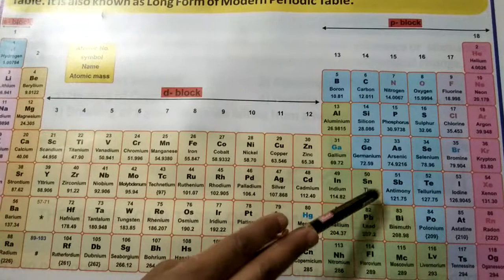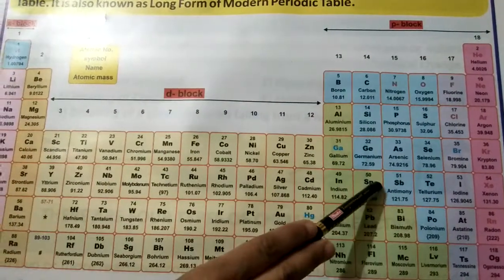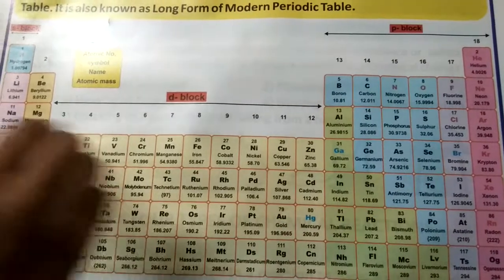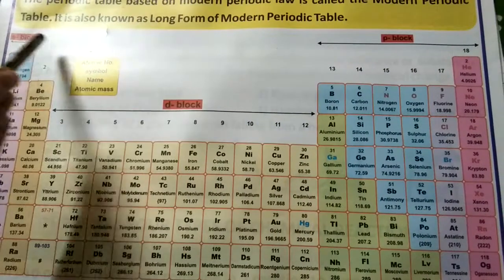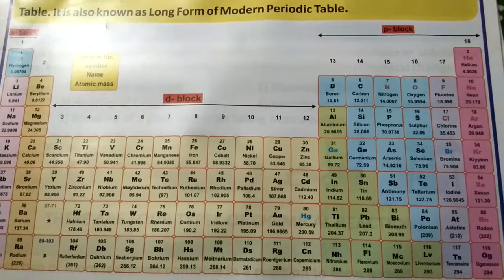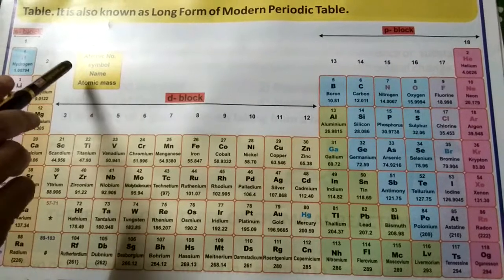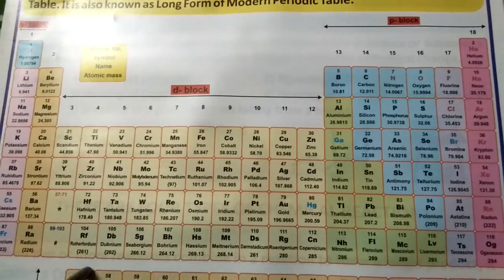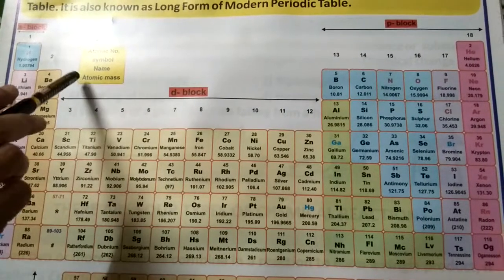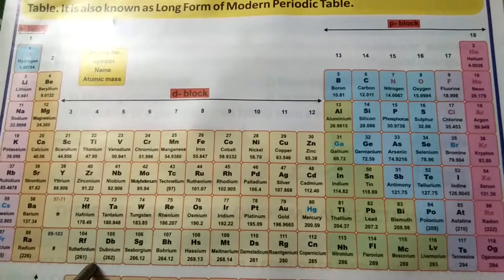character also increases, electropositivity decreases as you go from left to right, as well the metallic character is also going to decrease. Now as we go down a group, the atomic radius is going to increase, then the electronegativity and non-metallic character is going to decrease, and electropositivity and metallic character is going to increase.